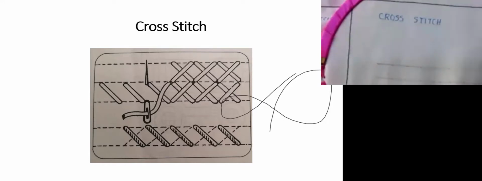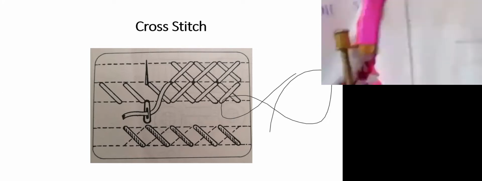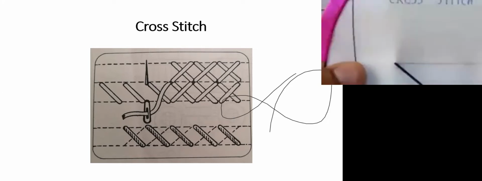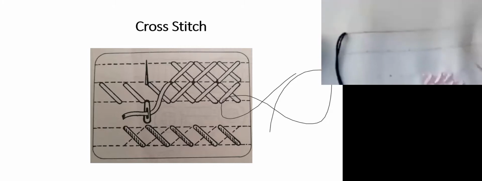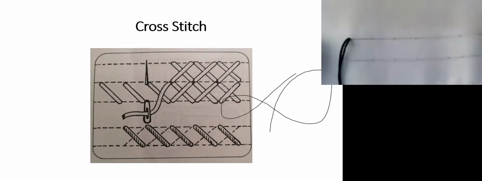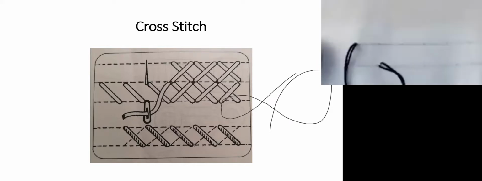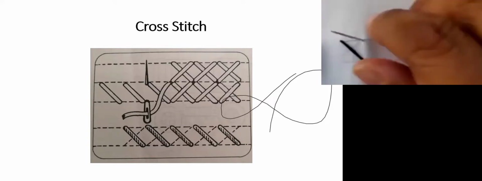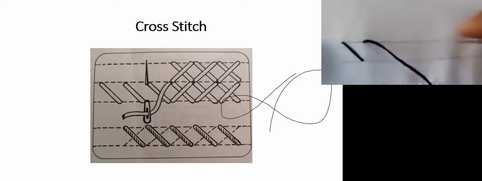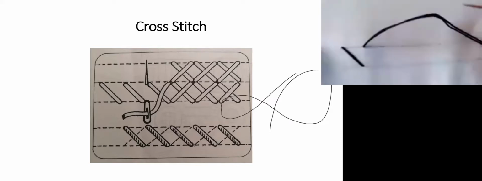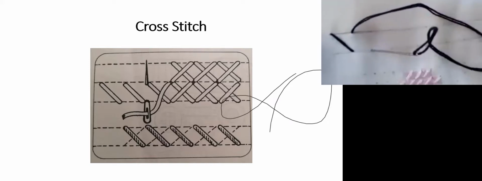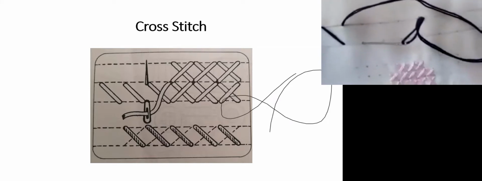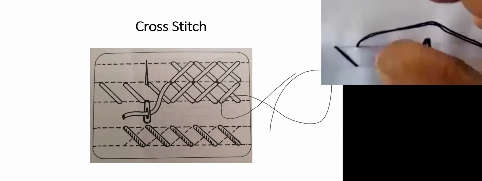So a cross stitch starts. Again here now, since I have done the dots, I will just show you on the dots. And now just for learning purposes, I'm showing it to you as a big design. But otherwise the cross stitch cloth, you have to do it according to the dots over there. Sometimes if you want, you can do it the same small size, or if you want, you can increase the size over there.